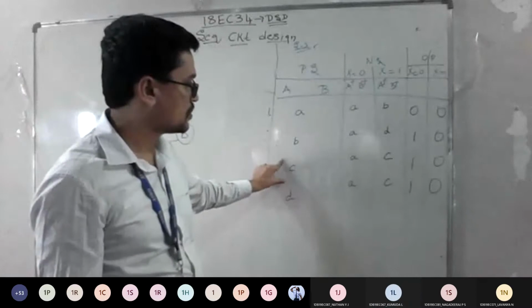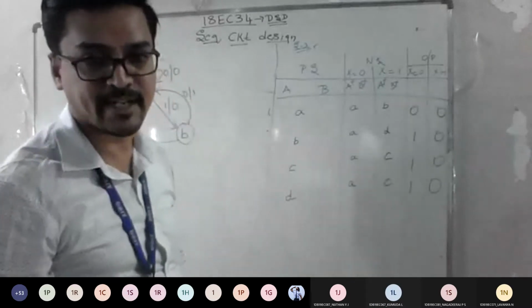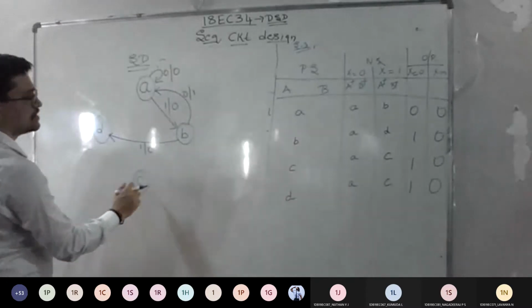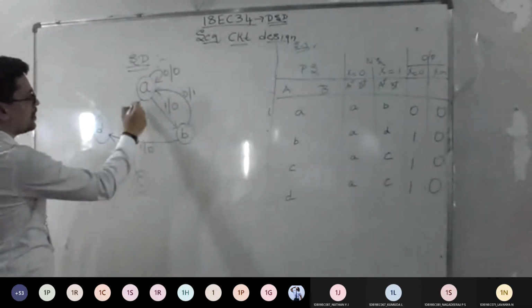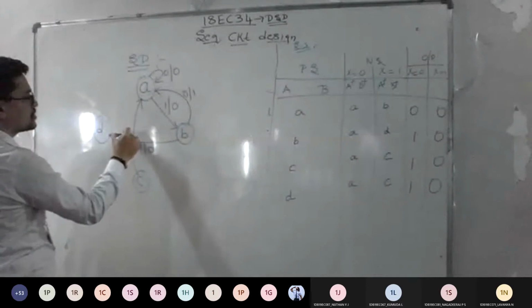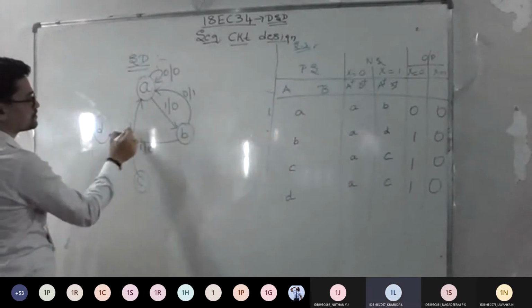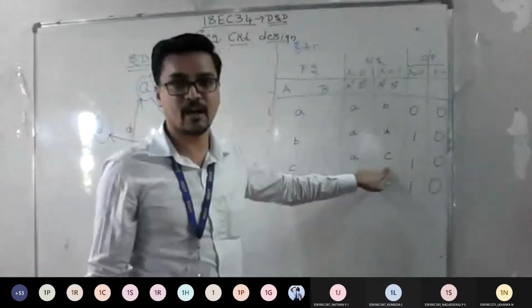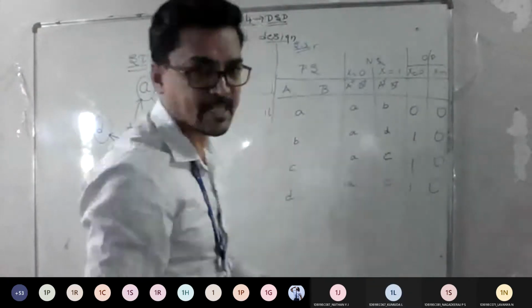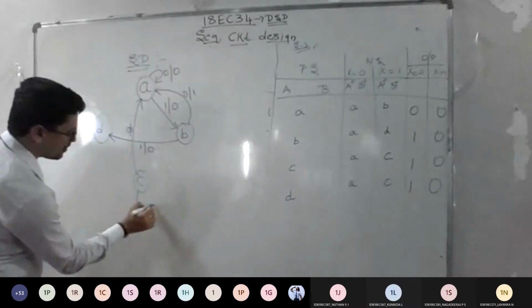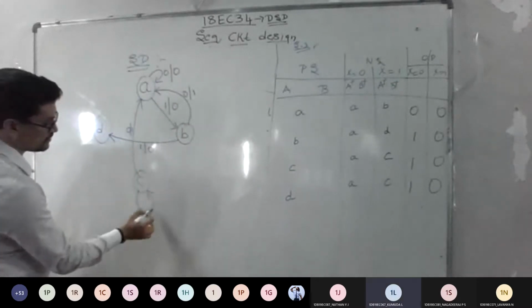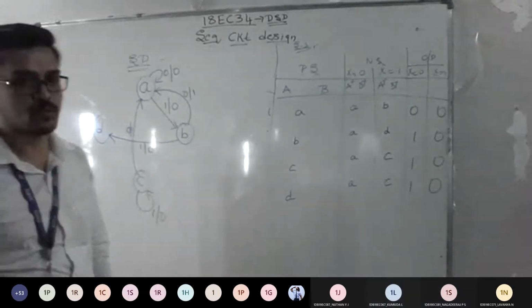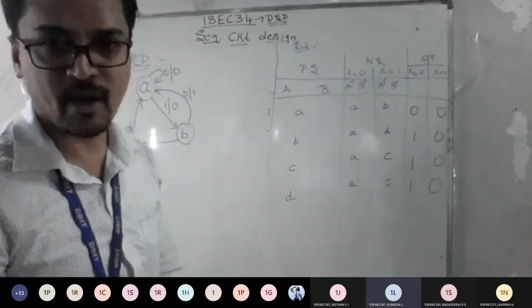So come to C. For C, which is the present state, what is the next state? A. So C is here, present state. For input 0, the arrow mark goes like this. For input 0, what is the output? 1. Good. Next, for x equals 1, it is in which state now? Itself. It means I need to draw a self-loop now. What's the input? Input is 1. What is the output here? Sorry, 0. Output is 0. Okay? Input is 1, output is 0.